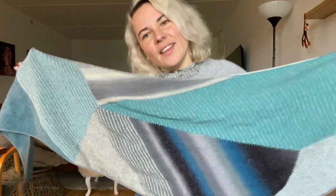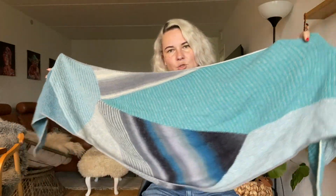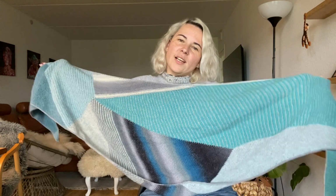I knitted this as my first Steven West shawl. I don't remember, but maybe this one was my first one. I don't know, but that's how it looks. If I stand up, I can't really show it. It's again quite a big shawl, and I really like the construction, because you're just knitting different triangles